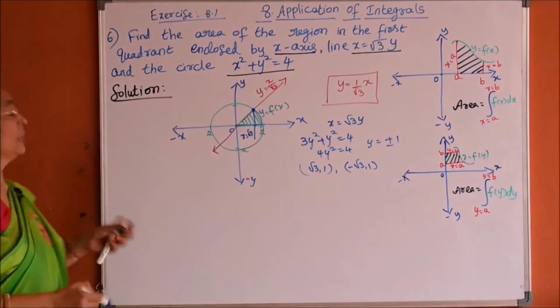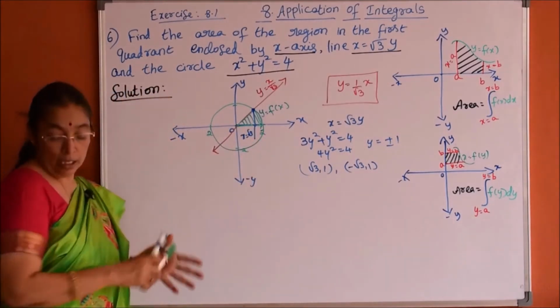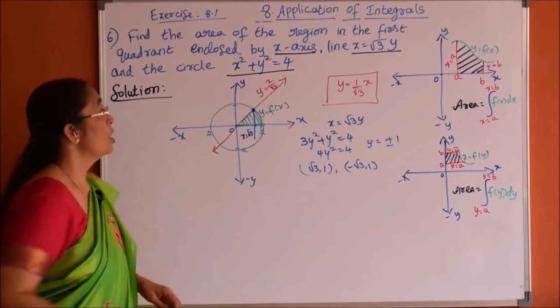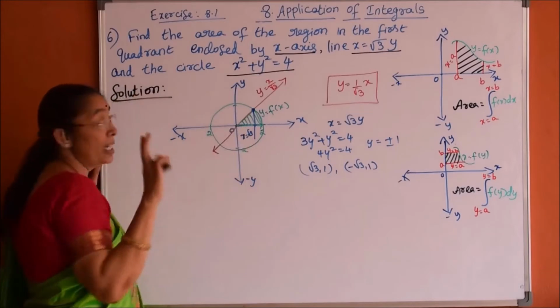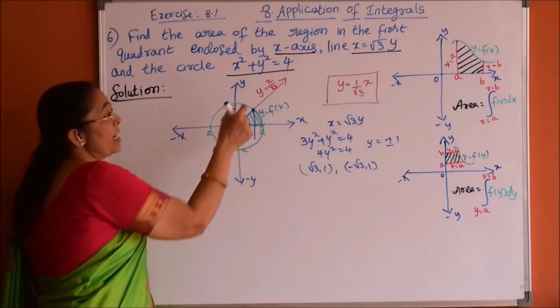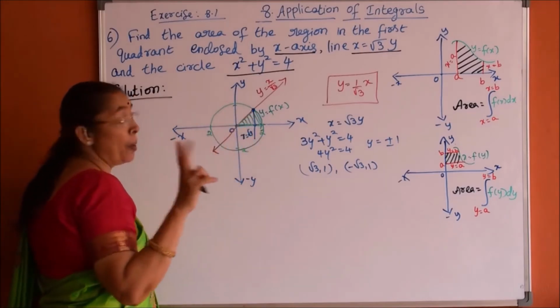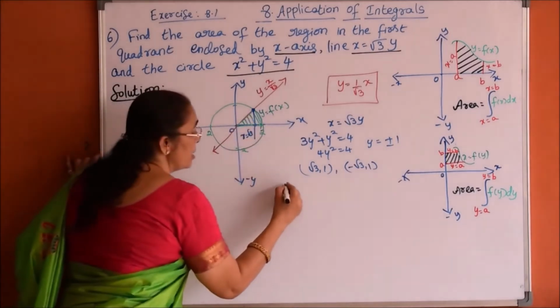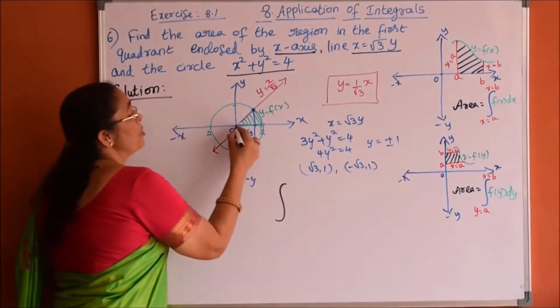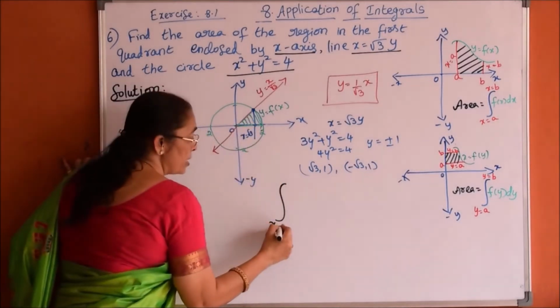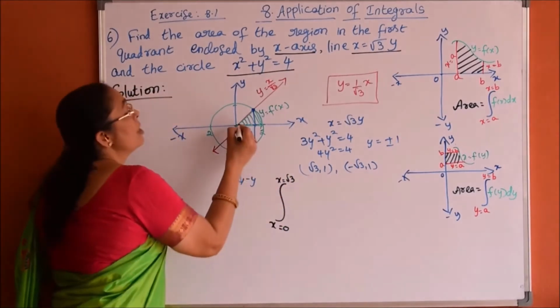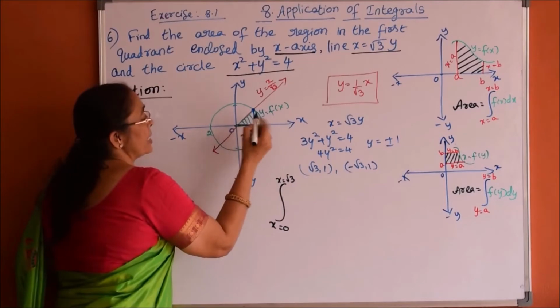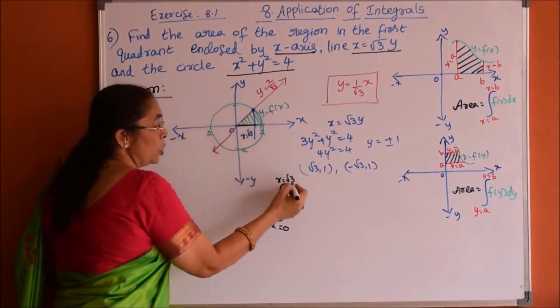Fine. Now, I am going to write the required integration. So, what is our integration now to represent this area? I divided the required area into two parts. The first part is integration from 0 to root 3, x taking the value 0 to x is equal to root 3. So, this area is with the x-axis, the line x is equal to root 3 I wrote.